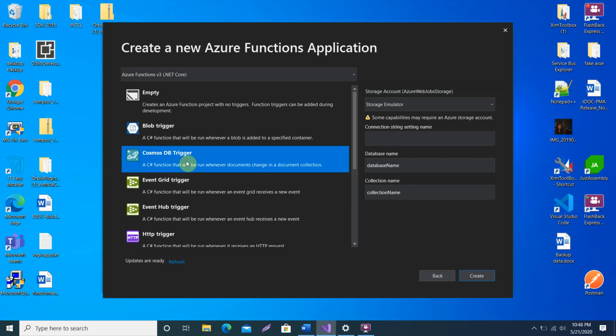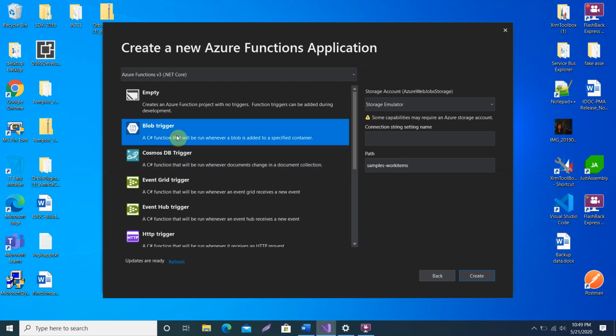This is also one of the services provided by Azure, kind of a DB, or we can say a table where we store all the components or configurations which are required in the project. So whenever any component gets stored, this function will get triggered. Then we have blob trigger. On the Azure side we have blob service, which is a kind of storage. So when you store any file or anything in your blob, then this function will get triggered.